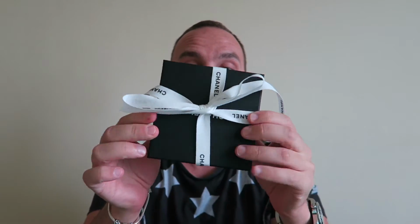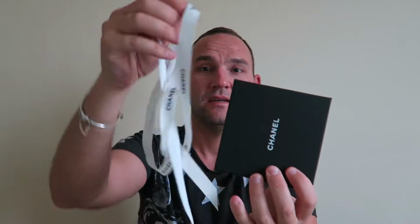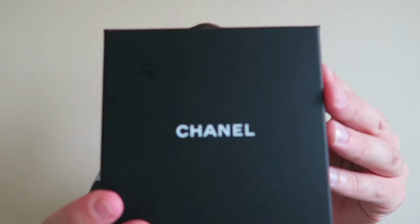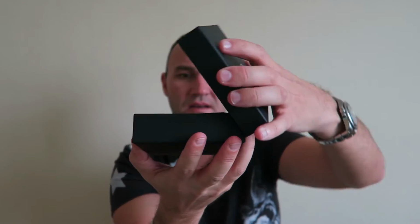So I'm gonna start with this one, and I'm gonna try to quickly unbox all of them just for you, so you get a feeling of what we have. As always, very nicely packed. The ribbon, and then we have this Chanel box. Very sturdy box, kind of a rubbery feeling on it. Closes on, opens on the top, and inside we have